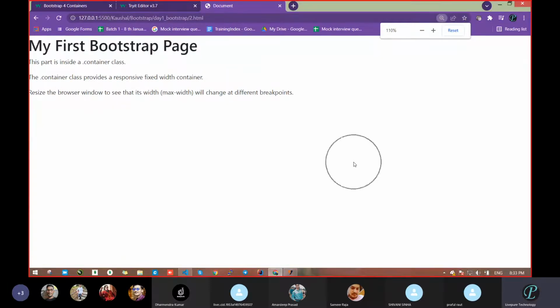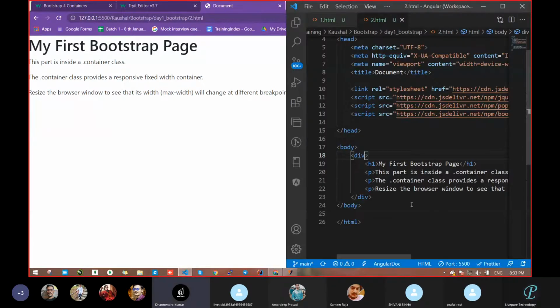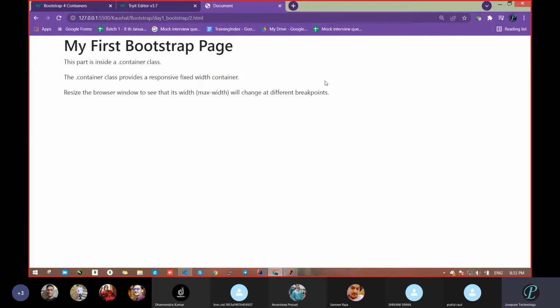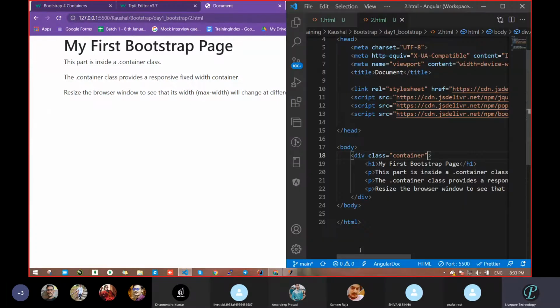What did you observe here? Margin left is gone. So everything is at the side of the browser, correct? There is no space between the browser and our page. So the container passes you a default left and right margin, correct or not? Whenever there is a requirement, you can go with the container, and with its help you can make the margin this way. What do you think regarding the right side, is it the same thing or what?